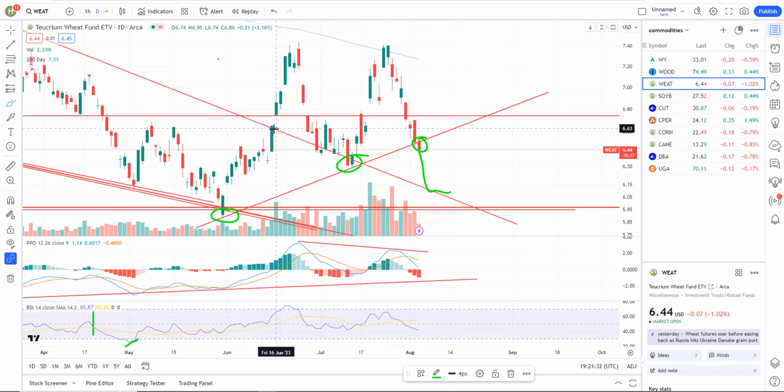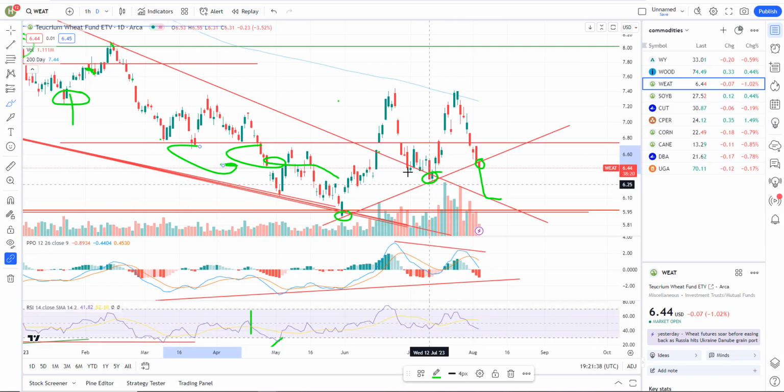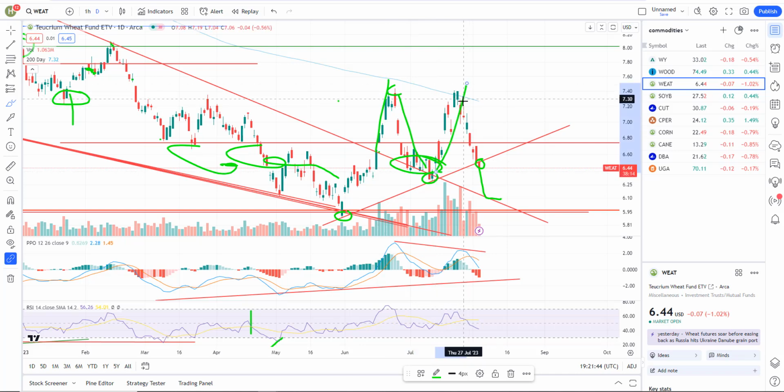You can see it broke out here. If you remember right, we were buying it all through here. And then it rallied, all right, took profit, okay, bought it back right down here. It rallied again.